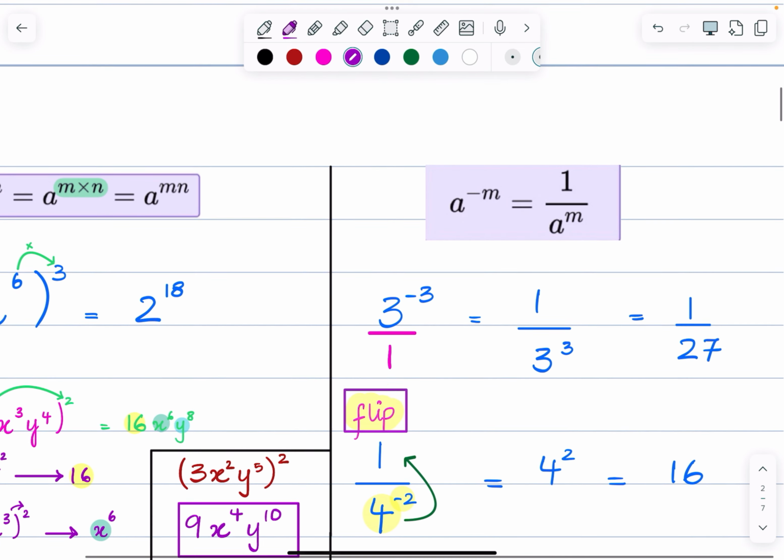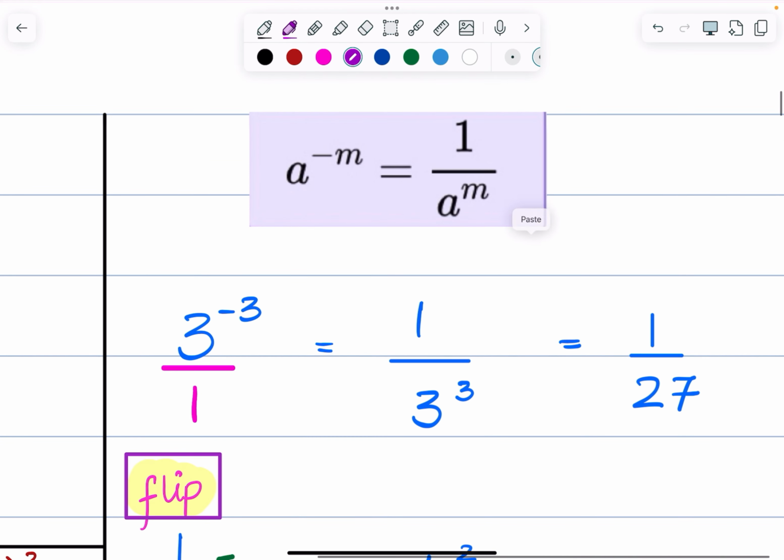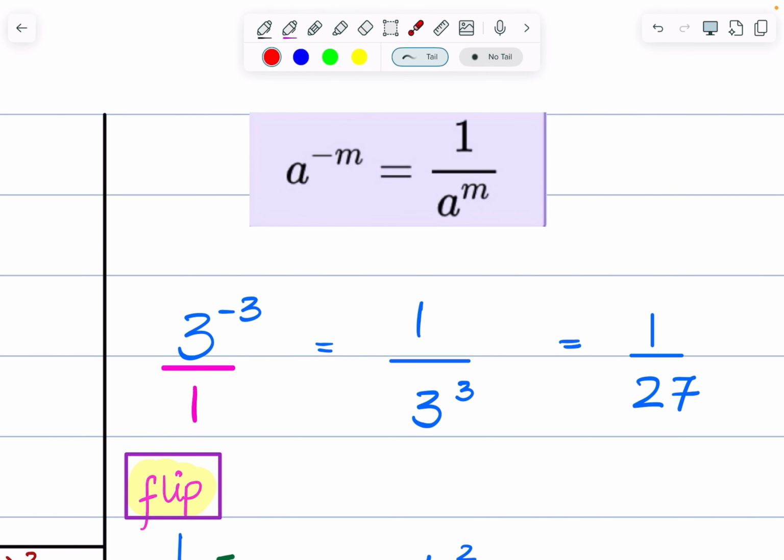Okay. Next is one of the very last laws of indices, which is when you have a negative power. It's a very, very simple law. I'm talking about the base, not the power, the base. If the power is negative, you simply need to flip your base, not the power, the base. Flip means that you bring the numerator to the denominator, take the denominator to the numerator. Just flip it, simple. And your power will become positive. You don't flip the power, you flip the base to make the power positive. So it would be 1 over 3 cube, which is 1 over 27. Simple. Okay?